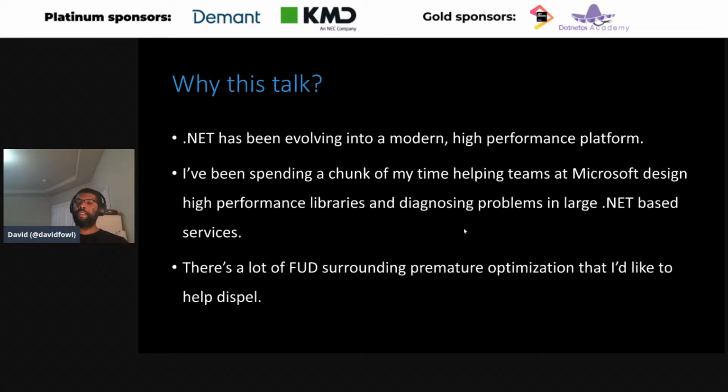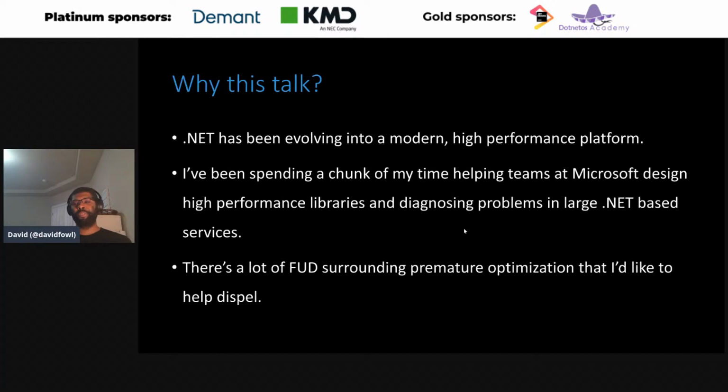So .NET has been around for, I think, 20 years next year. So it's been around for a long time, more than half my life, and it has evolved a lot. It went from being a desktop-first, client story to supporting all things like WCF and all that stack, and it's been evolving into a high-performance modern, I want to say, cloud platform, because I work on the server.